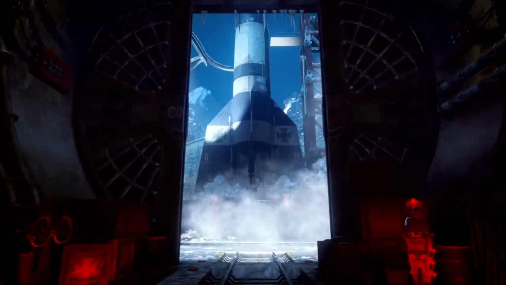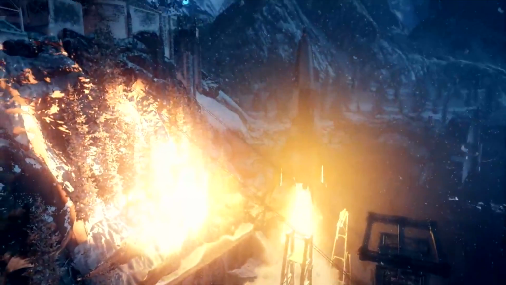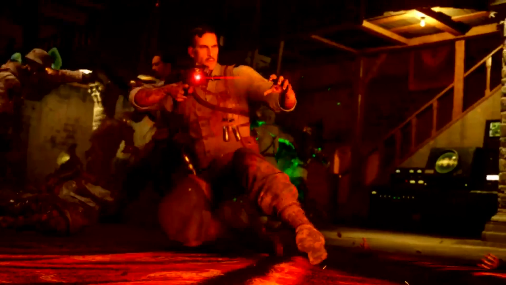rocket launching. So as this map hints heavily towards Moon, I think the end game of the Easter egg is going to be to launch all the rockets towards Moon. And that rocket you see there, I'm not convinced that it's the same one, because it seems like it's in